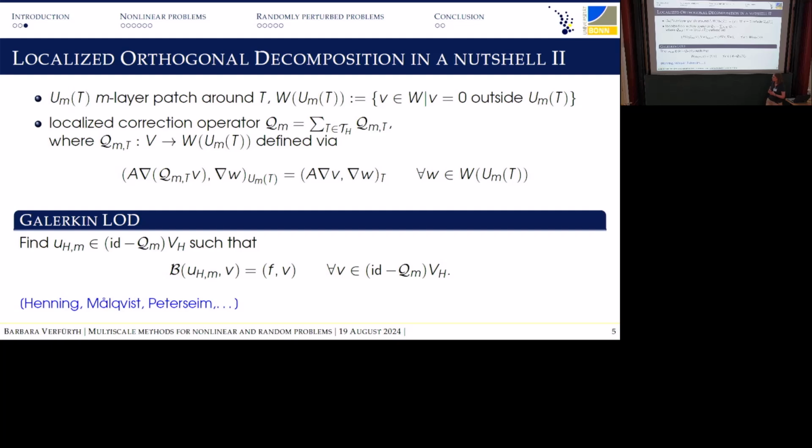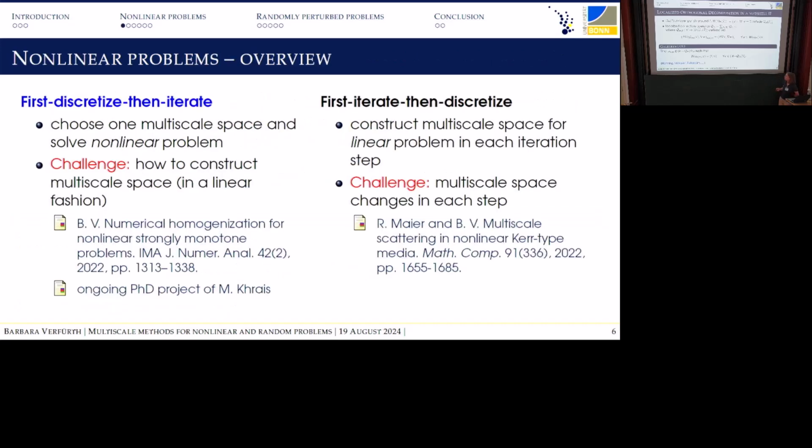For the randomly perturbed problems, it's maybe slightly more subtle, namely that this Q, and thereby of course also my multiscale space, as you can see from here, depends on my coefficient A. So if I have these random defects, so if I have the same coefficient but with small defects several times, this coefficient is slightly different each time, and I have to think about how this changes my multiscale basis in the end.